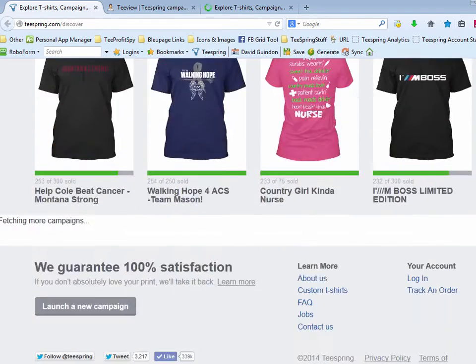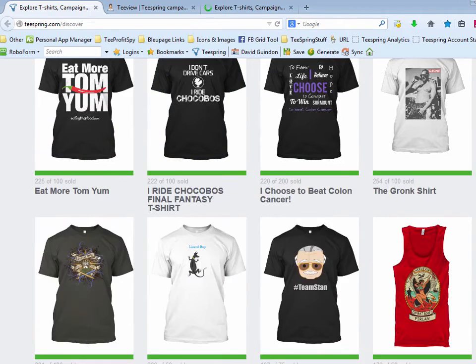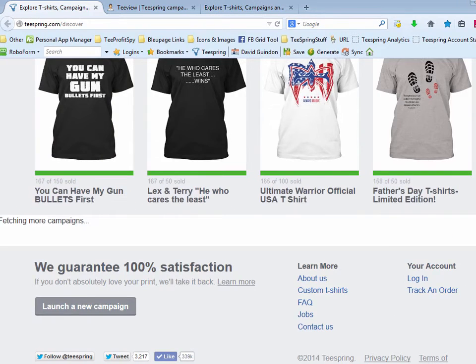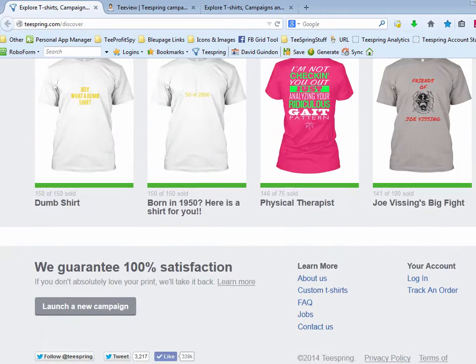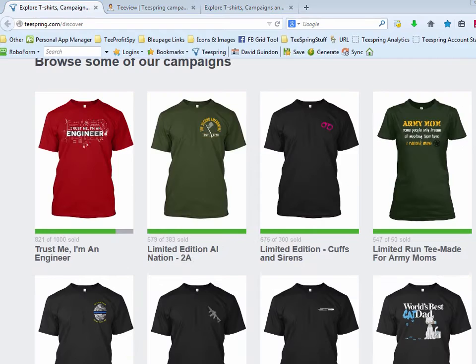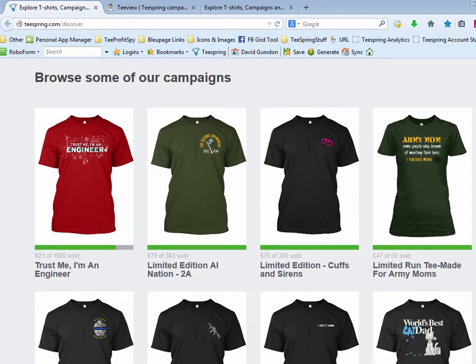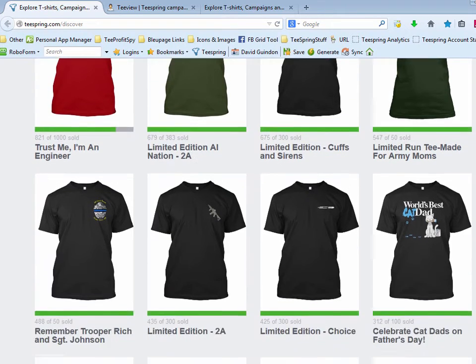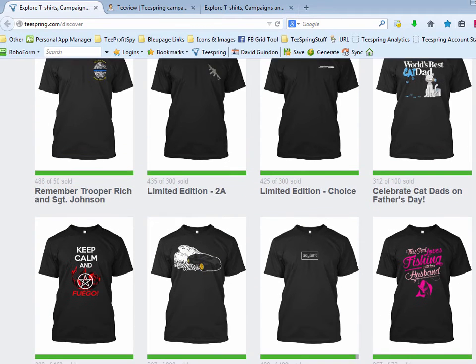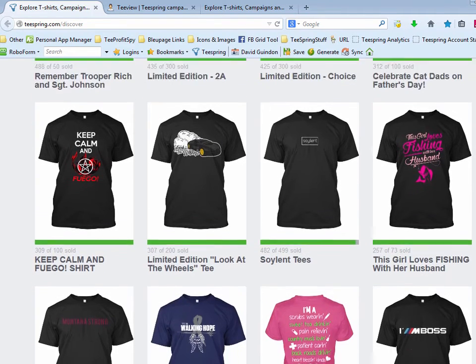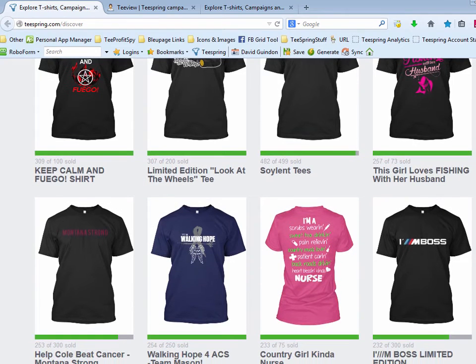I think they show about 36 of them, or maybe even more now. Let's see here. No, it looks like the same amount. The top 36 campaigns that are active right now on their whole entire network. So this gives you an idea of what's already working. And it's a good idea to model off what's working already, but it's also important to come up with new